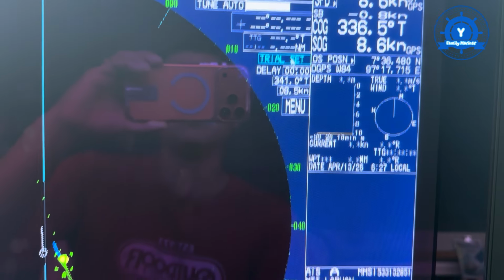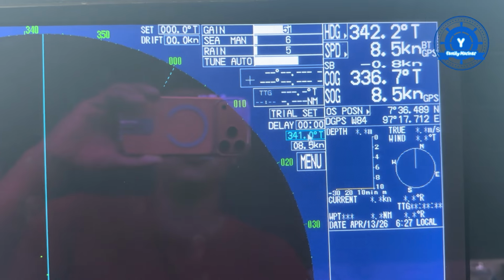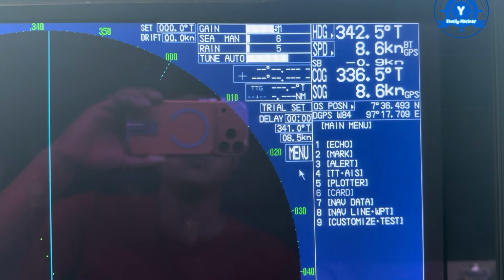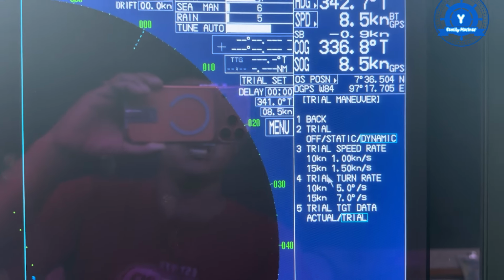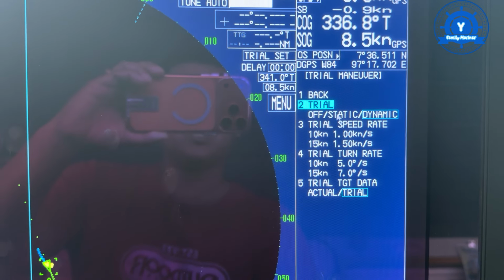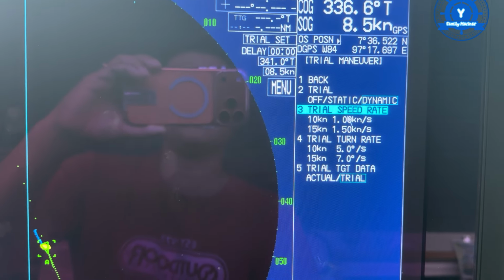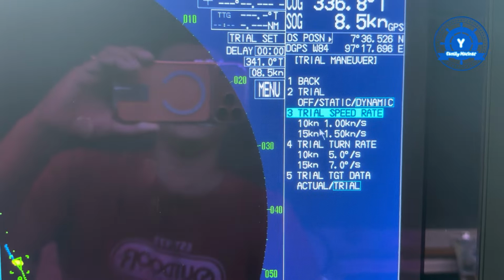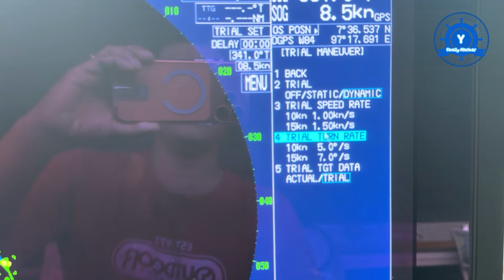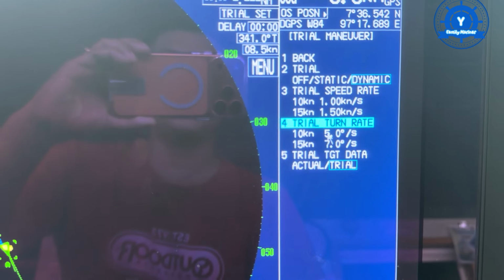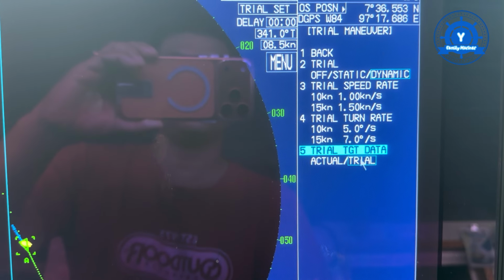Stop. Okay, and then start. We need to choose first menu, and then target EIS, and then there is the triangle maneuver setting. In triangle maneuver setting, we can choose static or dynamic. Normally I choose dynamic mode, and then triangle speed rate also. Anything can be chosen. I choose 10 knot, 1 knot per second, 50 knot, 1.5 knot per second. This is for the triangle down rate. And 10 knot 5 degree per second, 50 knot 7 degree per second,